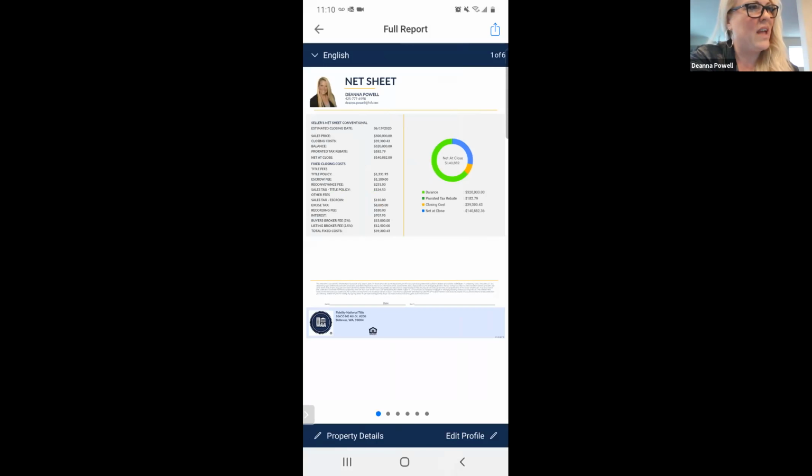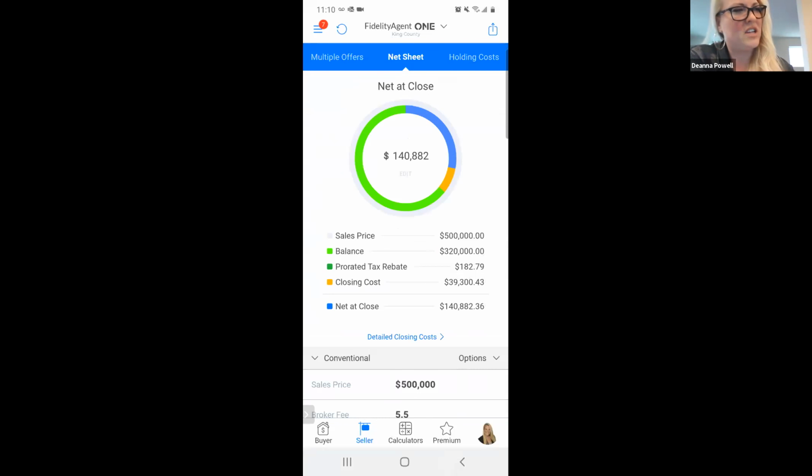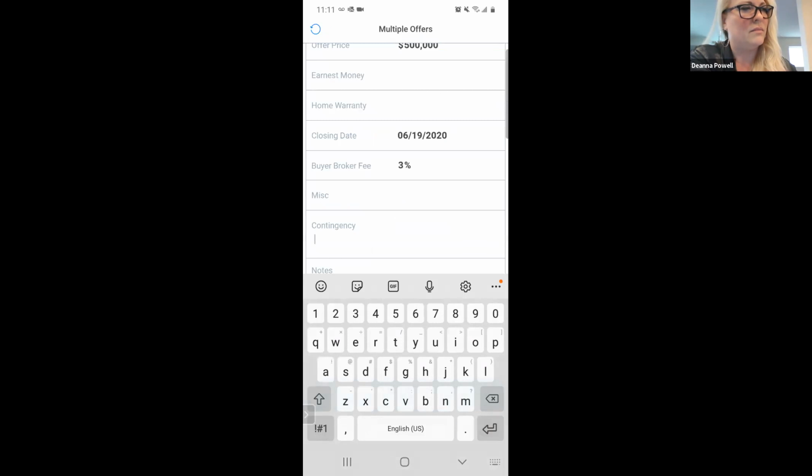Okay, so now I'm gonna go back. I wanna show you guys something really cool, okay? On that first page, after we calculated the net sheet, they're gonna get 140,000 at close. Up at the top in the blue line, there's multiple offers and there's holding costs on each side. Let's look at multiple offers. So let's say you got a $500,000 offer and you wanted to make some notes in it, contingencies or what have you. You can just go contingent on appraisal,